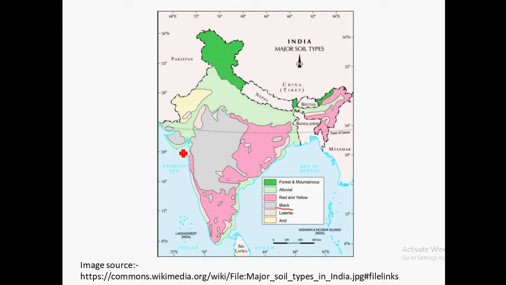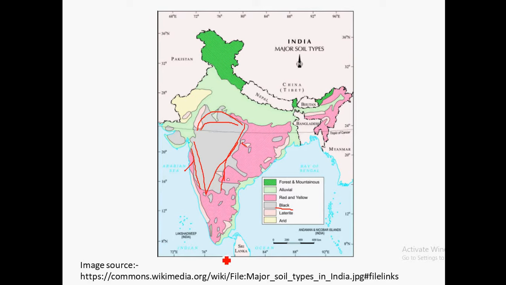Where is Deccan Plateau? Deccan Plateau is located between the Western and Eastern Ghats, and these Western Ghats and Eastern Ghats are mountain ranges. Above the Ghats in the north there is the Satpura and Vindhyachal range, and in between, a triangle shaped Deccan Plateau is located. So Deccan Plateau is considered as the southern part of India.